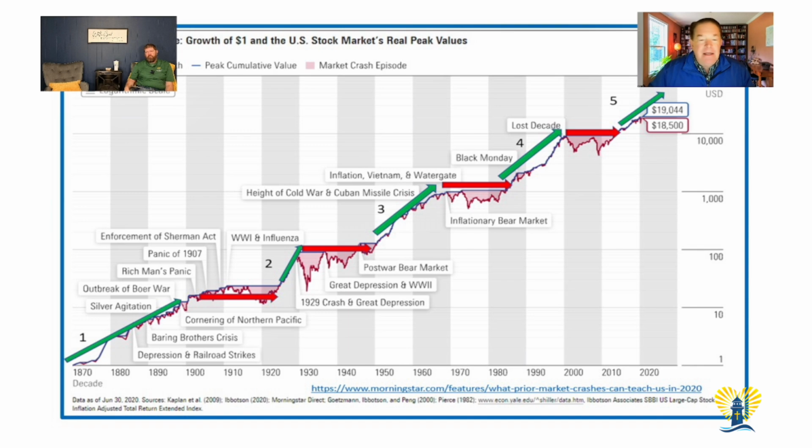In 1983, we get this new invention called the personal computer, which is then followed up by the World Wide Web, as we used to call it, the internet, in the early 90s, followed up by cellular mobile smartphone technology, with an 18-year secular bull market from 1982 until March of 2000.